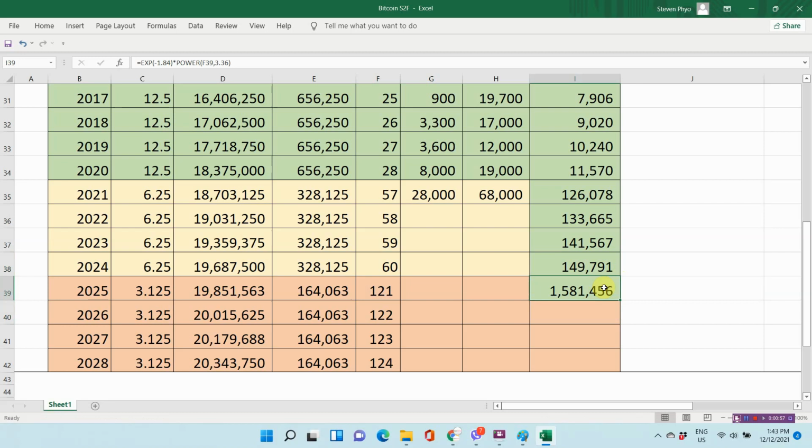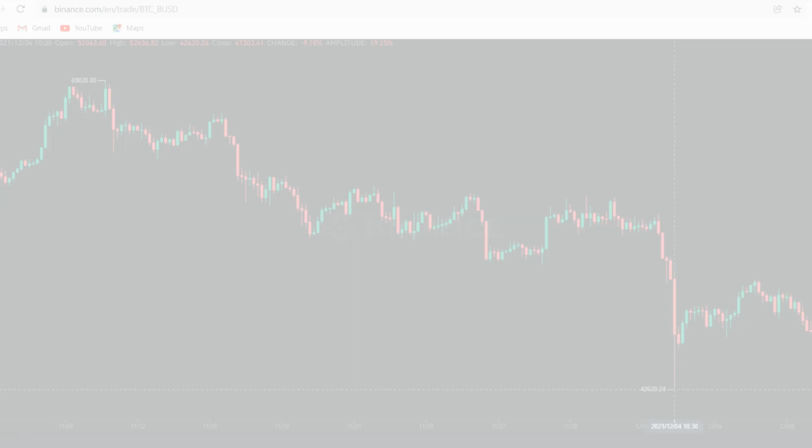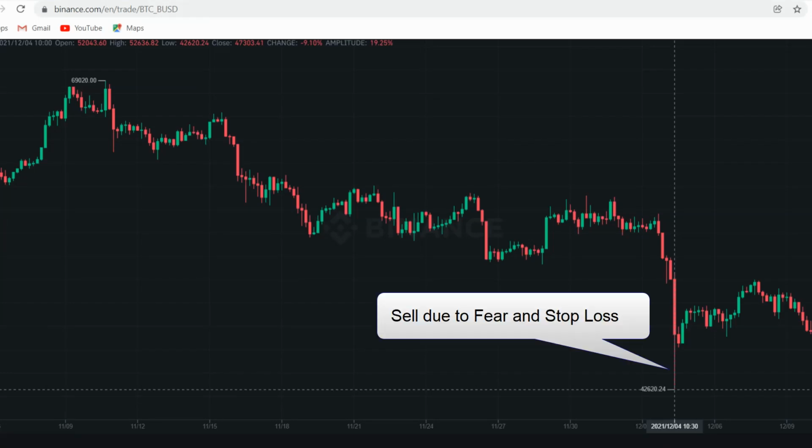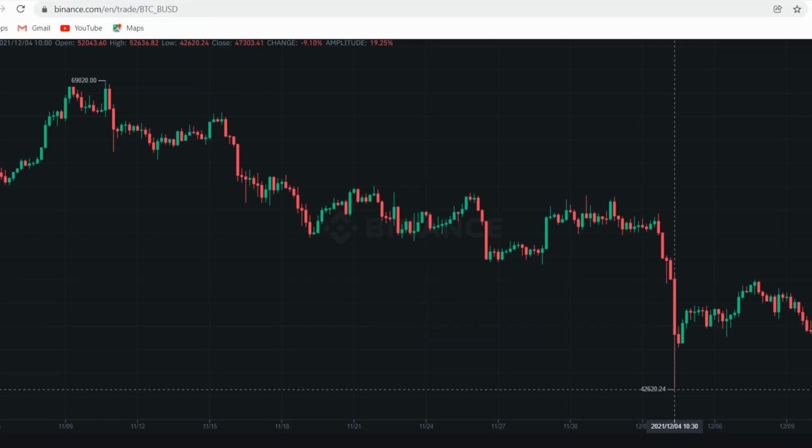Nobody knows the future. The actual price may not be as high as 1.5 million. In 2021, only half the projected price occurred due to the Black Swan event. Let's say in 2025, only half the projected price happens; half of 1.5 million will be 750k. If you bought Bitcoin at all-time high but still hold it till the next halving cycle, you will get at least 3x to 7x. If you feel fear due to a crash and sell at a lower price, you will feel guilty in the next halving cycle.